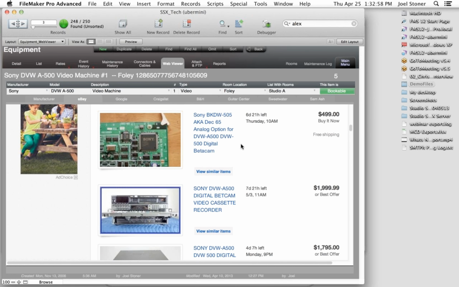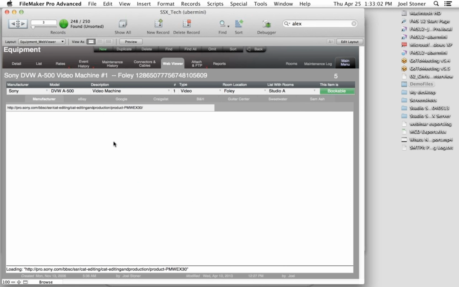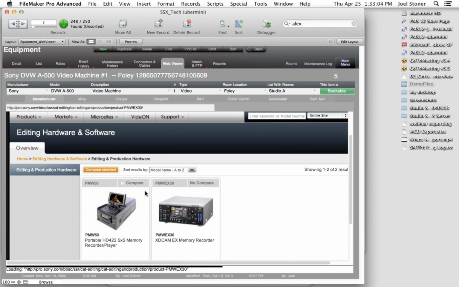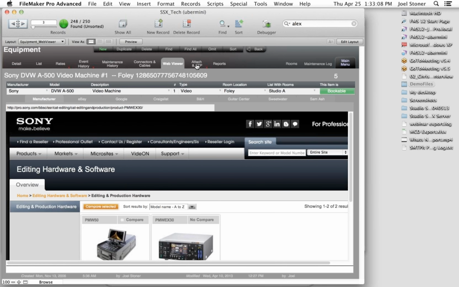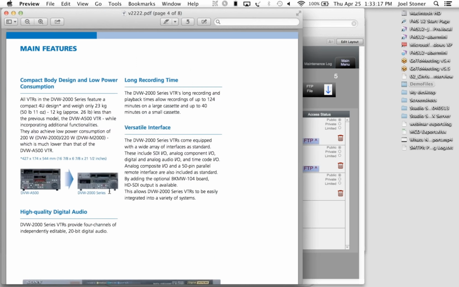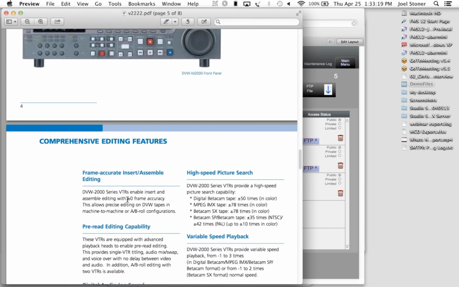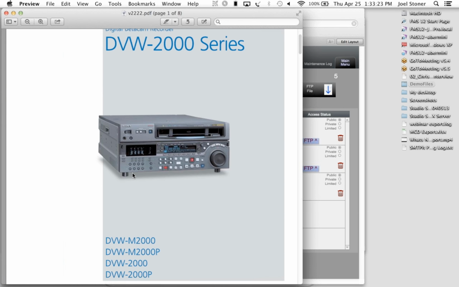So I can see what everybody else is buying and selling all of my equipment for. I could even perhaps go to the manufacturer's website and look up information there, or download a PDF user's guide. So I'm going to go over to my attached and FTP tab, and previously I've attached this user's guide for this piece of equipment, and there it is. So now everybody's got instant access to all the information on a website about all of your equipment and any